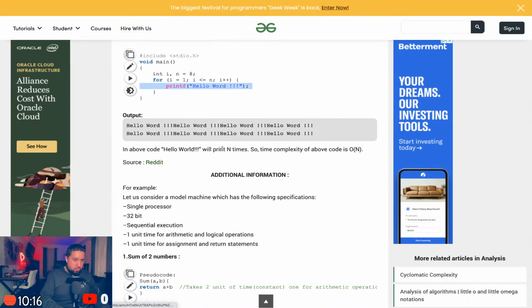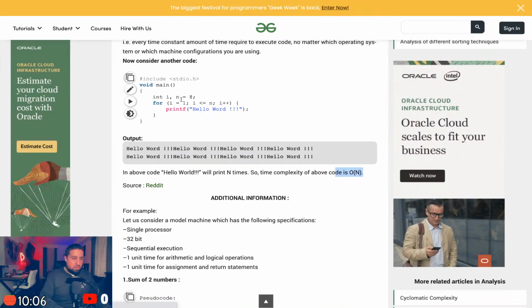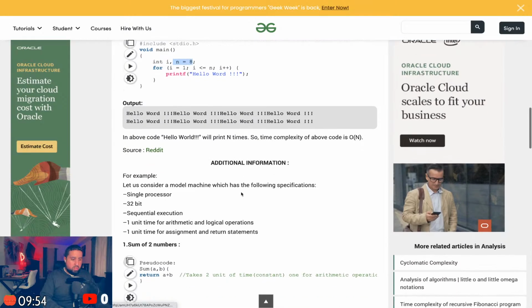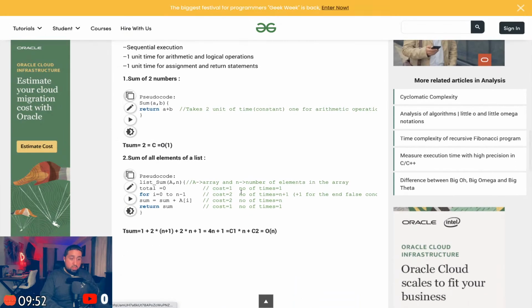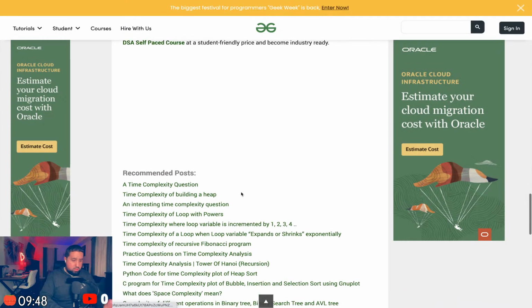The above hello world prints n times, so the time complexity of the code is linear. Yeah, O of n, meaning n is the number of times hello world is being printed, n being 8. So whatever 8 equals to, it'll grow to that amount. All right, I'm not using a loop, so I'm gonna just keep moving. This is giving me something to work with. So this is the first site I clicked on.